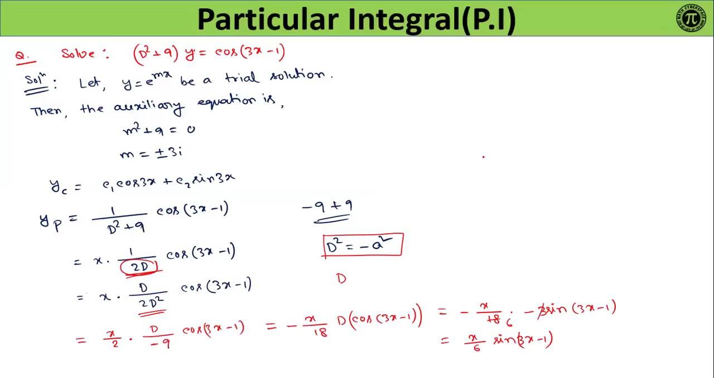Okay, so what is the final solution? The final solution is y equals yc plus yp. And what is yp? y equals c1 cos 3x plus c2 sin 3x plus x by 6 sin 3x minus 1. Okay, this is the final solution of this differential equation. In this way you can solve this type of problems where the functions are in polynomial form or in trigonometric form or in